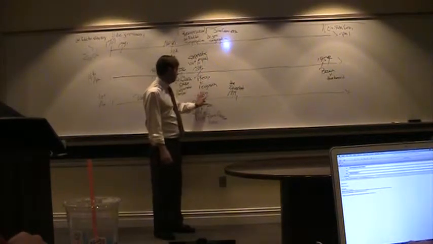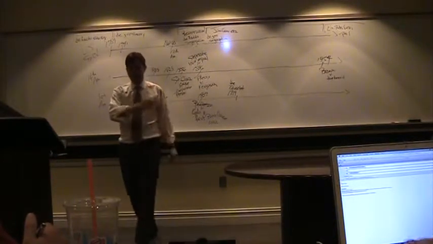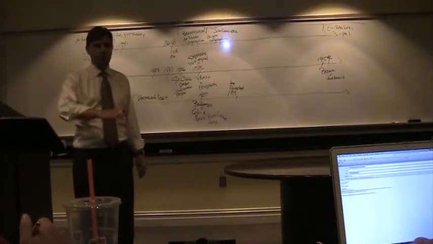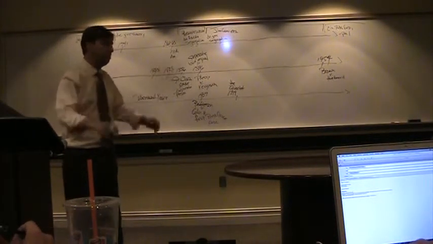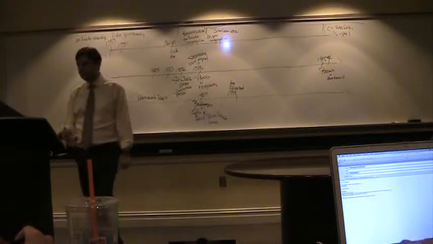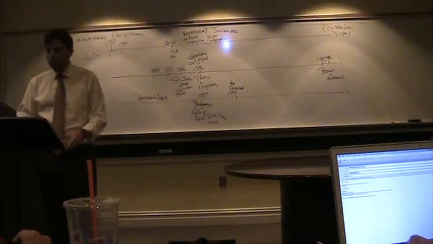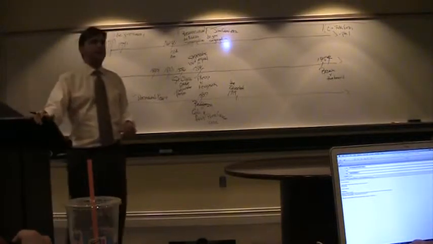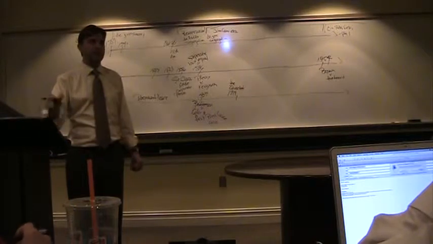So we had the exciting Reconstruction years and the early part of the 20th century, which were in many ways golden times in America because it was a real growth period. And then we had the disaster of World War I. Now, World War I is like the second very famous time when a president lied the country into war.